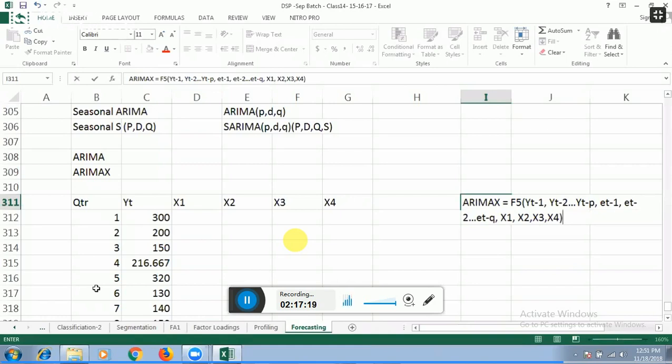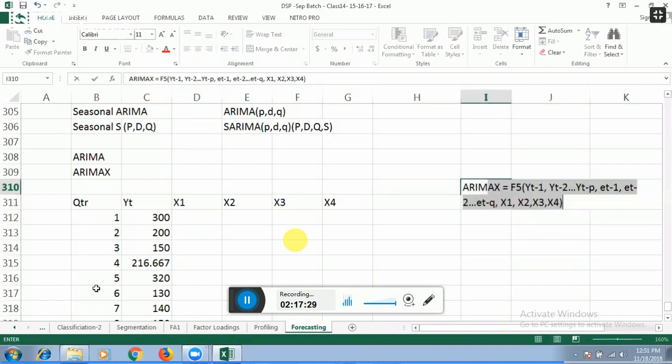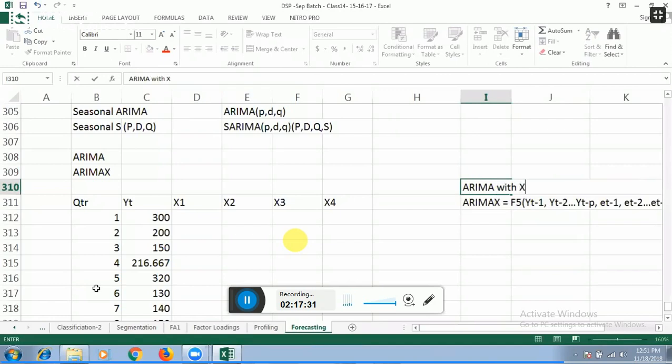Are you able to follow me, what I'm saying? So that is what the ARIMAX model is. ARIMAX is nothing but ARIMA with X variables. Are you able to follow me or not? So SARIMAX is nothing but